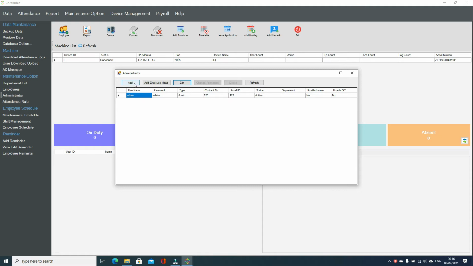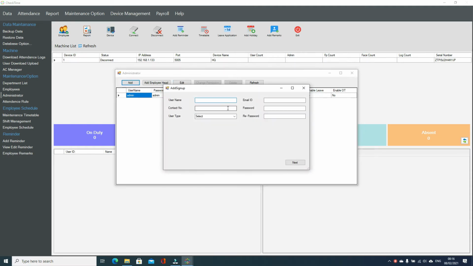After this, if I click the add button, you can type the new username, whichever you want, email ID, and contact number. Then you can select user here and type the password.